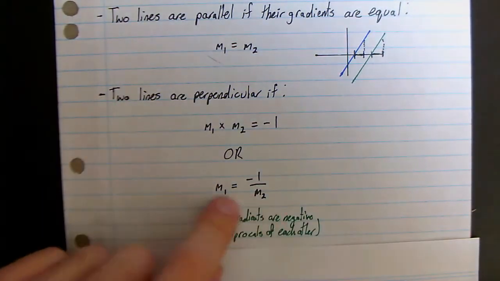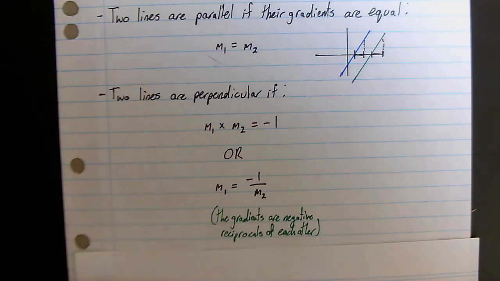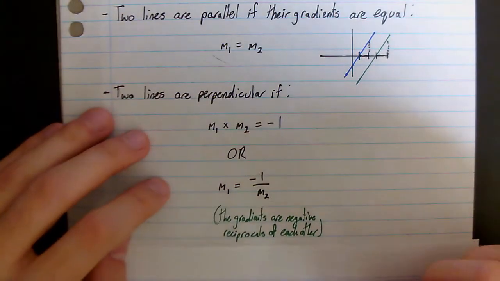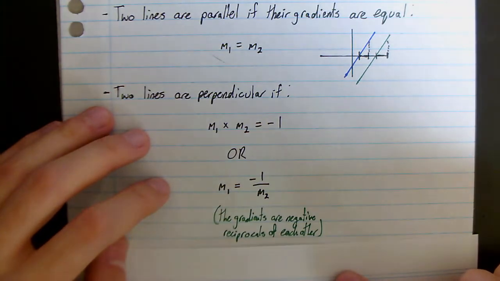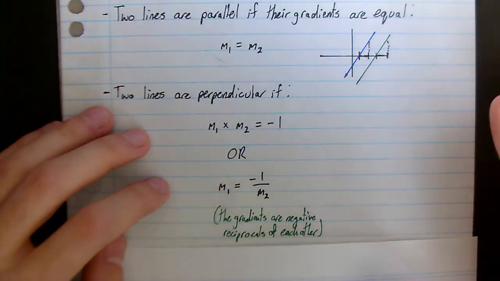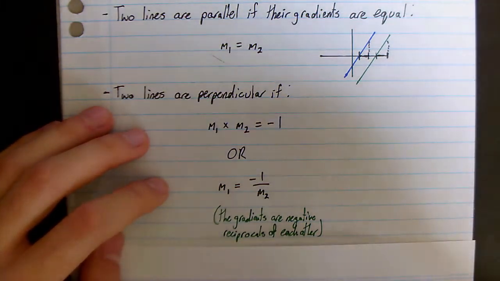So in other words, we can say the gradients are negative reciprocals of each other. This means if you know the gradient of